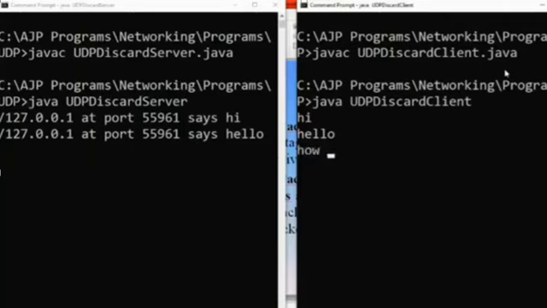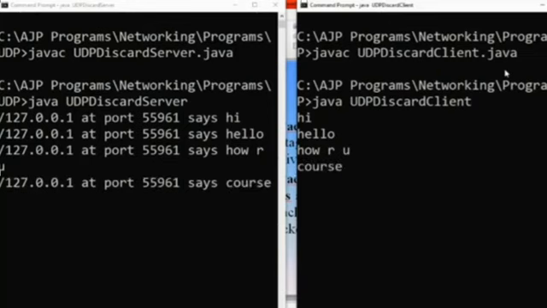Now I send how are you, and it displays how are you. Here I send course, and it displays course. Then I send my course is AJP, Advanced Java Programming, and at the server side it gets displayed as AJP.